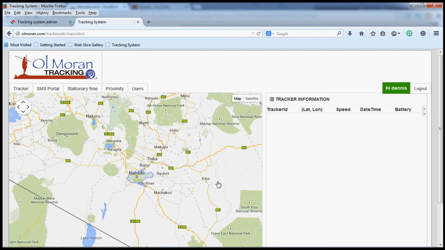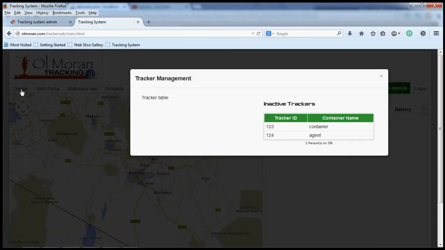First, we have the tracker module. In this tracker module, this is where we assign the tracker IDs, and you can see here I have two tracker IDs, which is tracker 123 for the container and tracker 124 for the agent. As you can see, currently these trackers are inactive. We need to make these trackers active, and we're going to make them active by